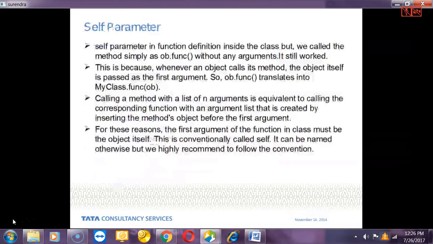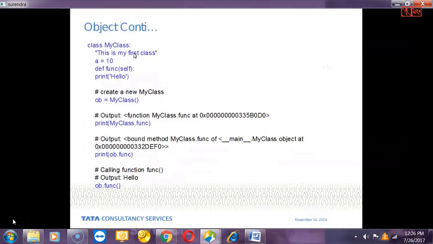Try to see class MyClass. This is a docstring. This is the local variable, and defining the function. And as of now, try to remember this is a self variable, self argument. If you want to print this particular print statement, what do I need to do? I need to create an object of this particular class. Then I need to call ob dot function. The output of this particular function is the hello